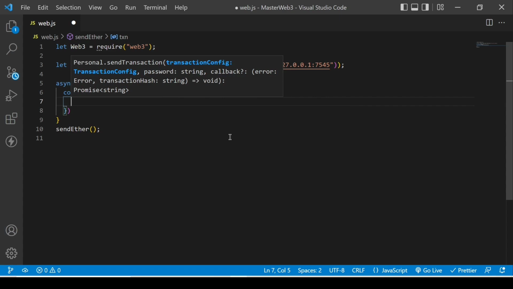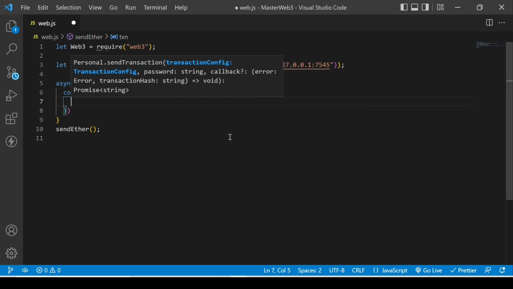Okay, now we will create one async function. Let me name it as instance contract. This will help us to provide the instance of our smart contract which we are going to use. Let me call this function also so that I don't forget. Now inside this, I'm going to create the instance of our smart contract that we have just deployed to our